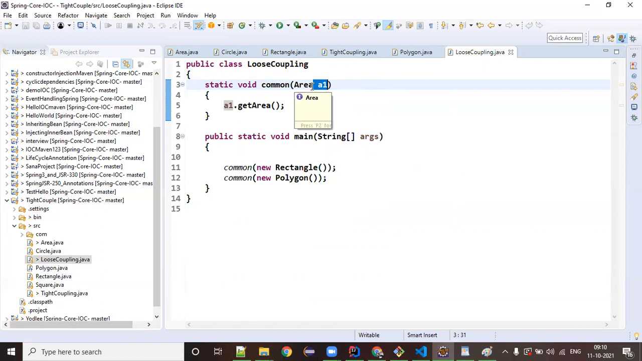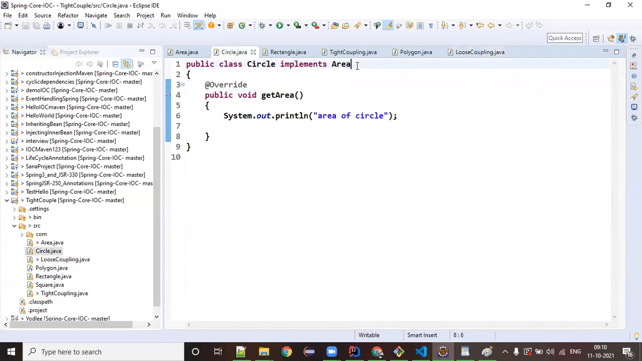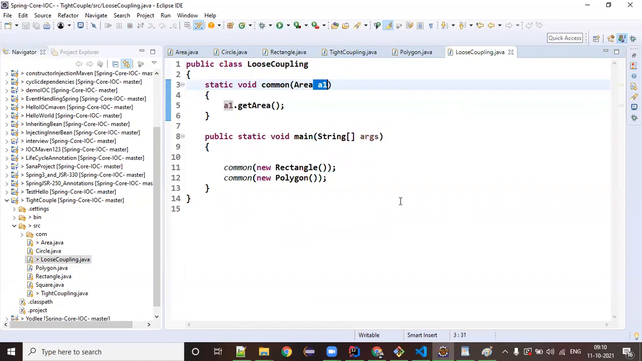And who are the child classes? Circle is a child class, because it is implementing the area. Rectangle is a child class because it is again implementing the area. So at loose coupling time, what I am saying is, I will be directly passing the rectangle object to this method. This method is not